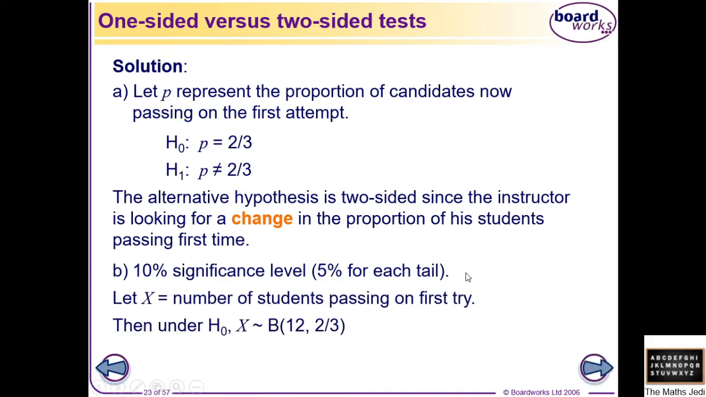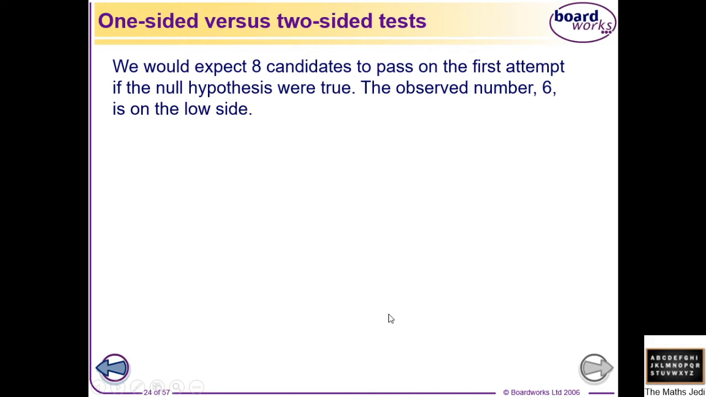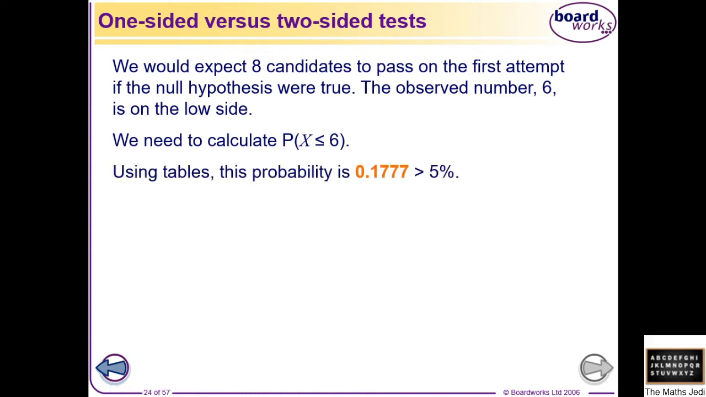We're looking at a binomial distribution 12 with 2/3, because 12 was the number in the sample that he took. If you're expecting 8 candidates to pass, because obviously that's 2/3 of 12, we know 6 is at the lower end. So we're looking at the lower end of the distribution this time. So we're looking at the cumulative probability of it being less than or equal to 6. You can look that up on the tables or work it out from a calculator,